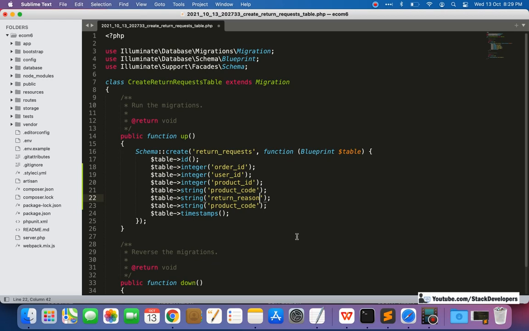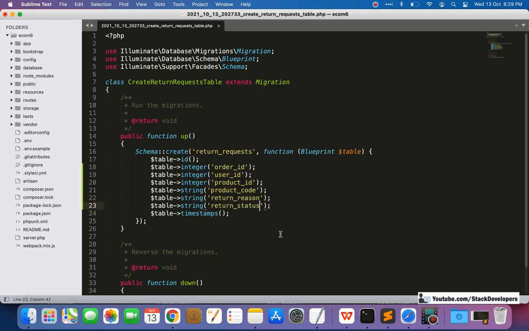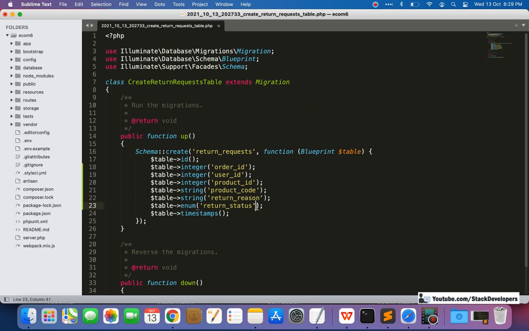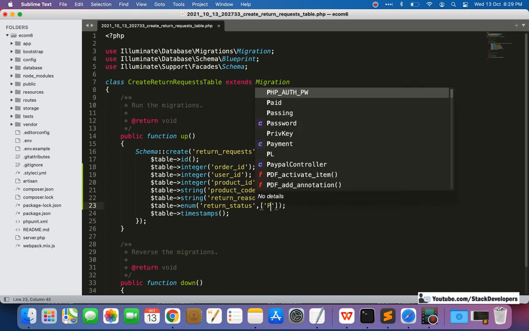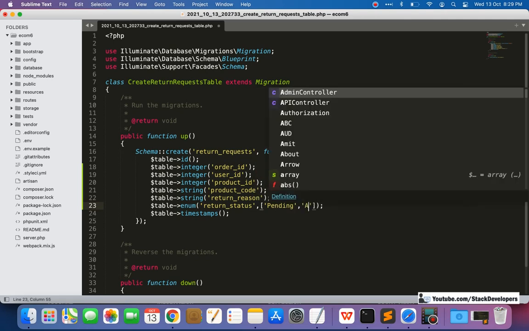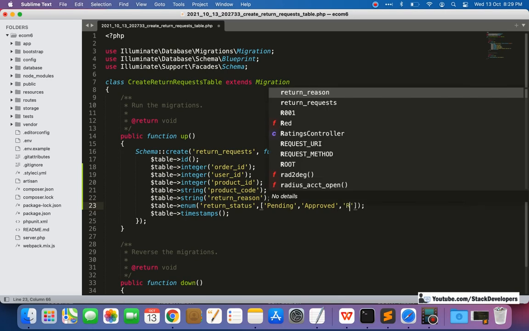And then return status, which we can make an enum.